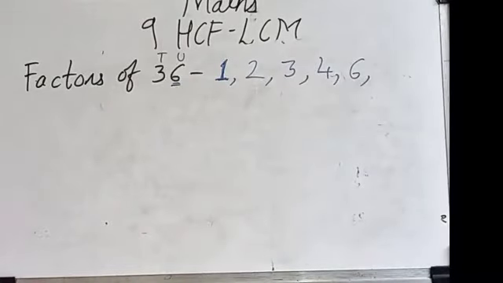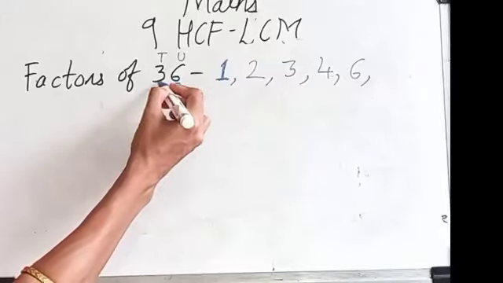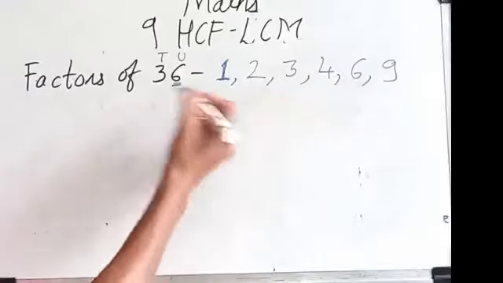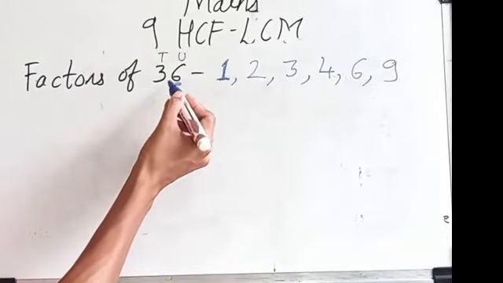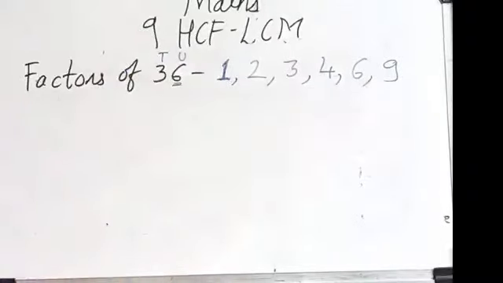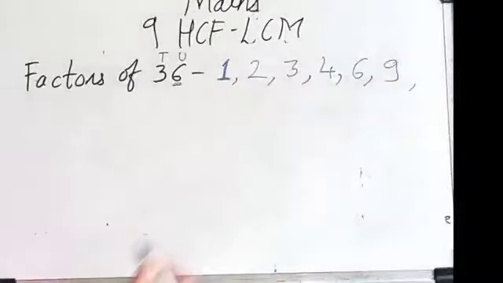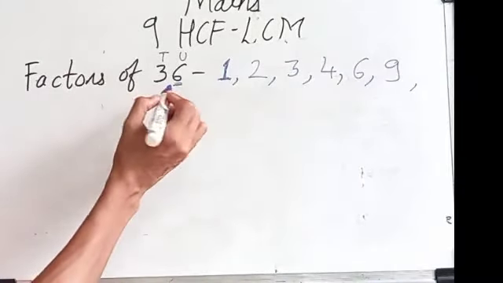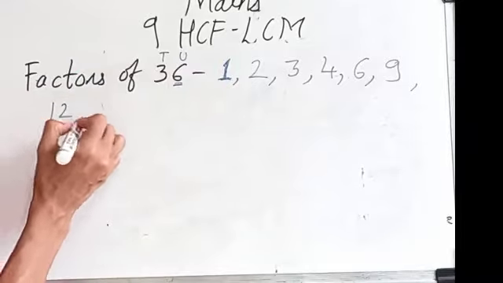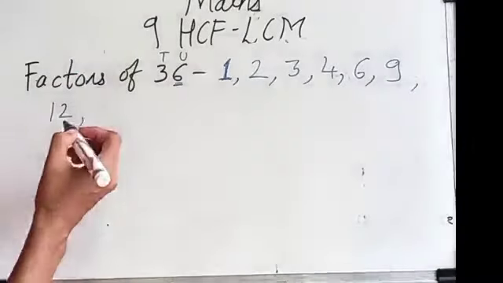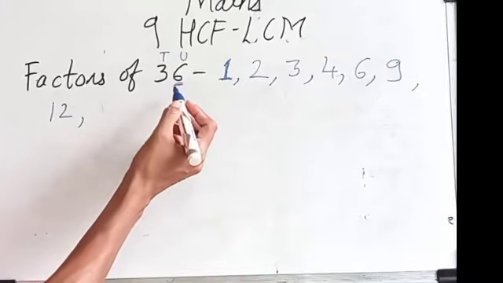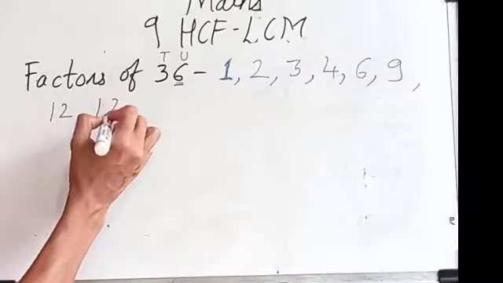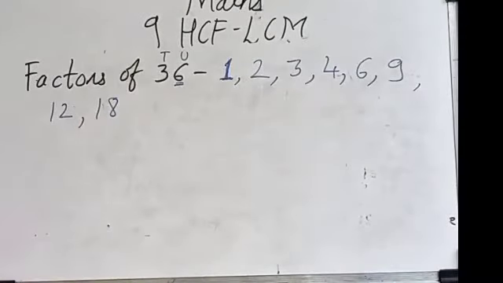Then 9. The 9 test you know, do the addition, 6 plus 3, 9. So 9 is there in the table of 9, so 9. You have to check 7 also, okay. In the table of 7, 36 is not there. So I did not write it there, okay. Then after 9, you have to say 10, no; 11, no; 12, 12 3s are 36, so 12 also comes. Then after that 13, 14, 15, 16, 17, 36 is not there in their tables. Then 18, in the table of 18, 36 comes, 18 twos are 36.